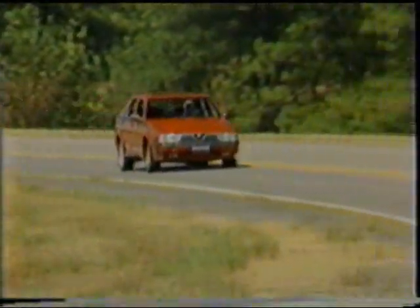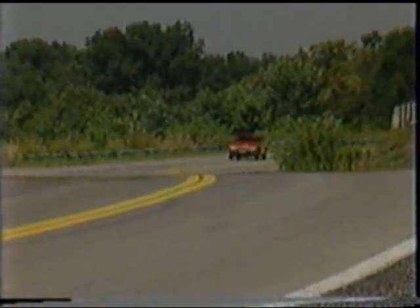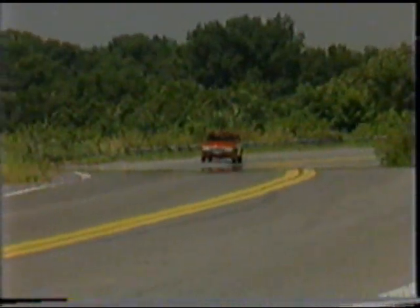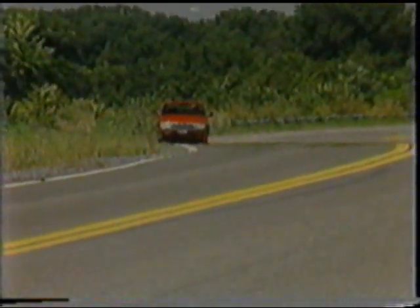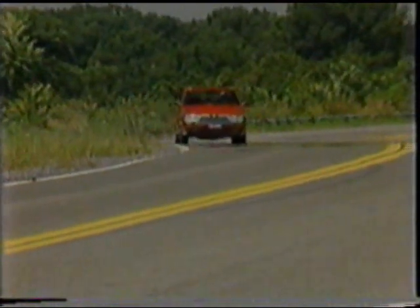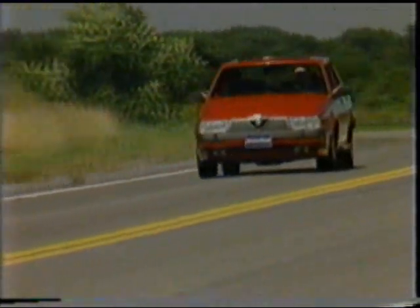It's hard to compare an Alfa Romeo Milano to any other four-door sedan. It has a combination of qualities you just can't find in other sedans. And with the 3.0, those qualities just come in greater quantity. So for those who enjoy the pleasure of driving over the practicalities of mere transportation, the Alfa Romeo Milano 3.0 has just